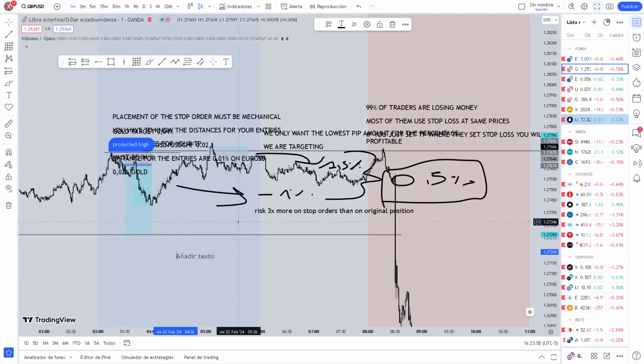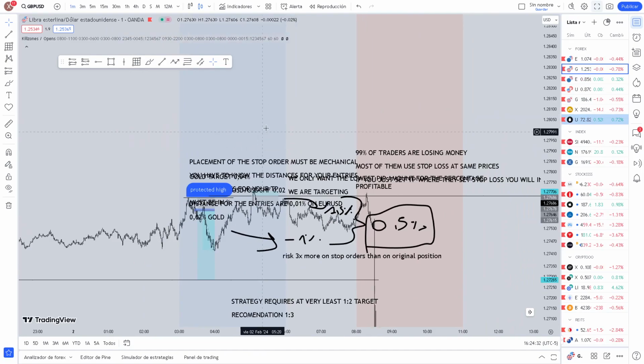Now I will tell you something. This will work the best for high stop loss strategies. Strategies with a high amount of stop loss, but high risk to reward. Profitable strategies must be profitable. Even if it's not that profitable, this can make your win rate increase exponentially. The strategy requires, at the very least, 1 to 2 targets. My recommendation here is 1 to 3, because what you are doing on this is that on the stop loss,